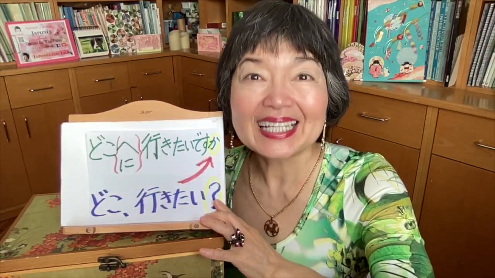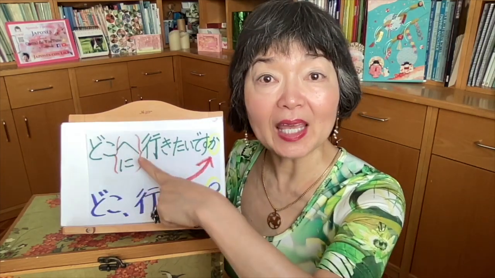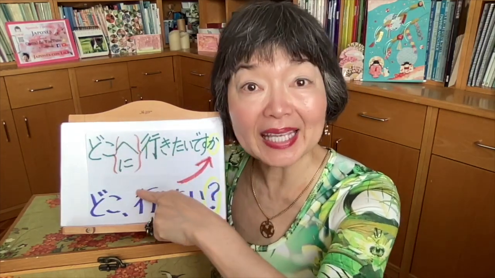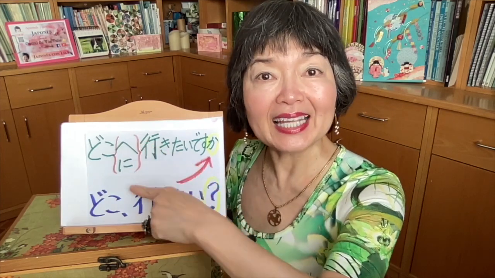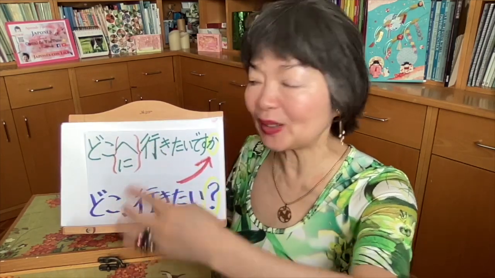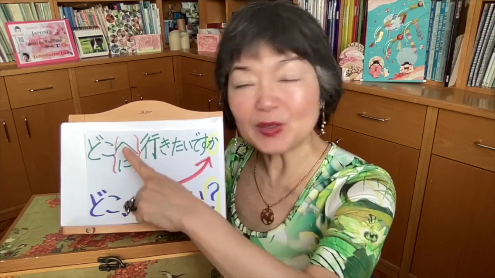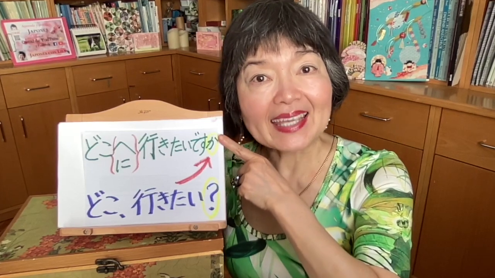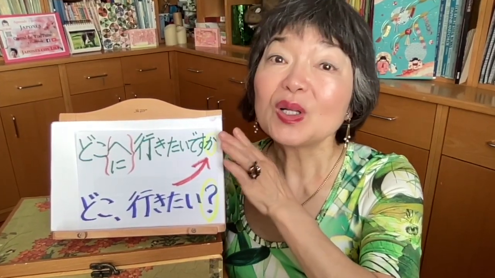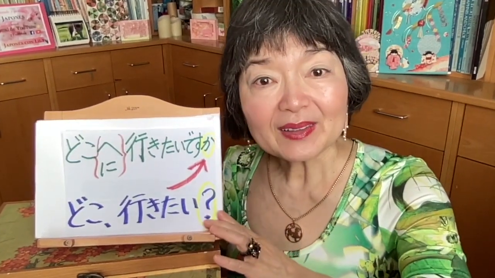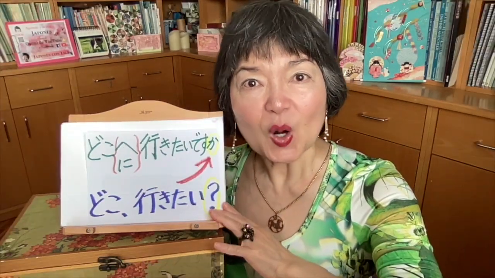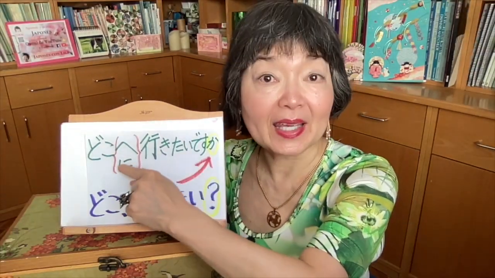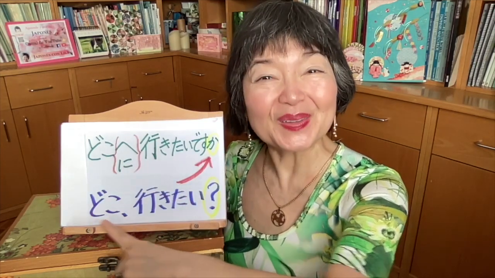Where do you wanna go? Here we're gonna use this particle へ or に. Both are okay. へ is for the direction and に is also the direction, with some purpose. So you can use both ways. どこへ or どこに。丁寧形。どこへ行きたいですか？どこに行きたいですか？普通形。どこ行きたい？In this case, I also omitted this particle へ or に and just said どこ行きたい？